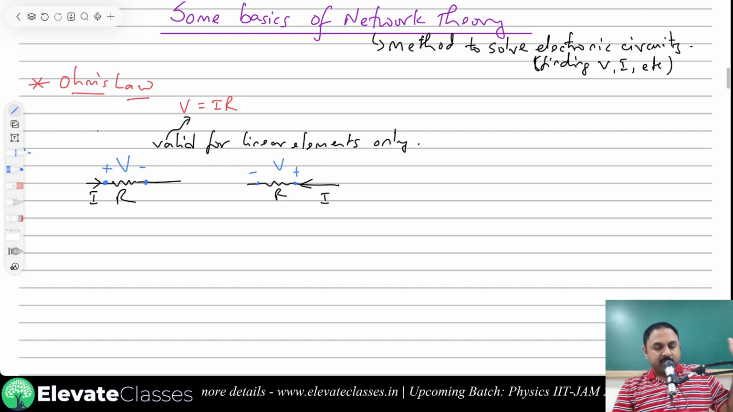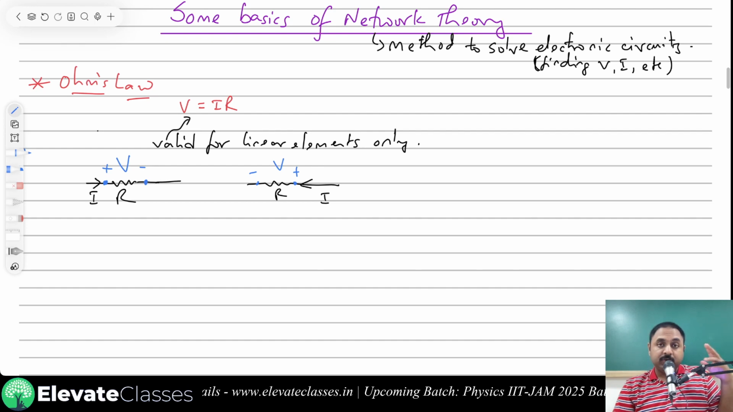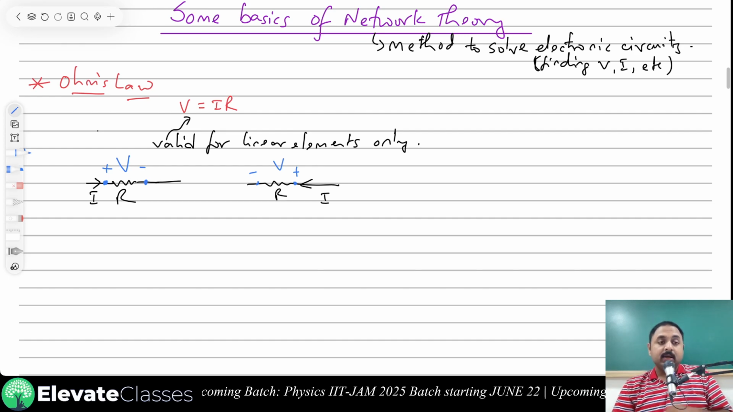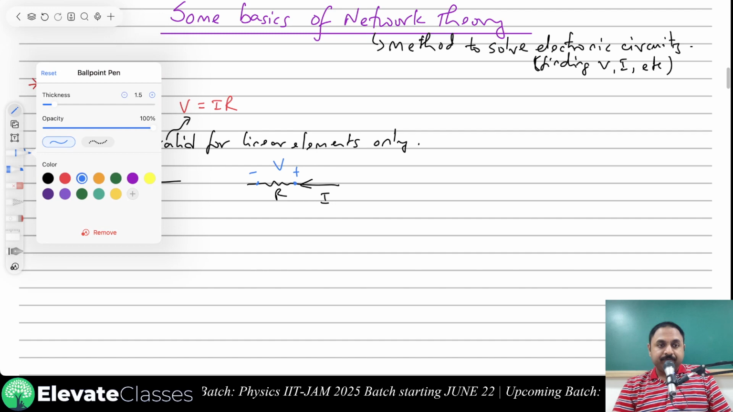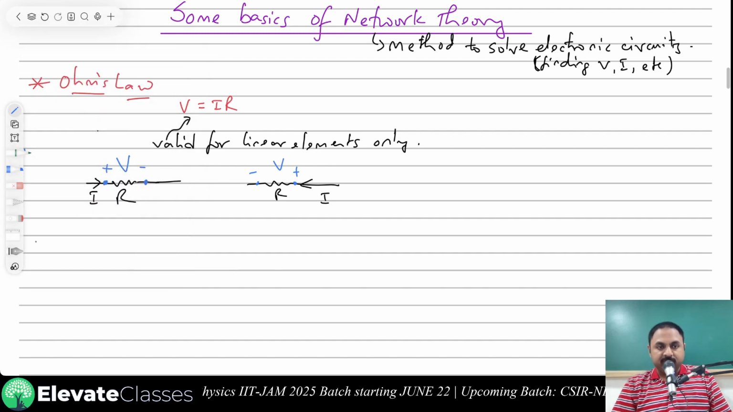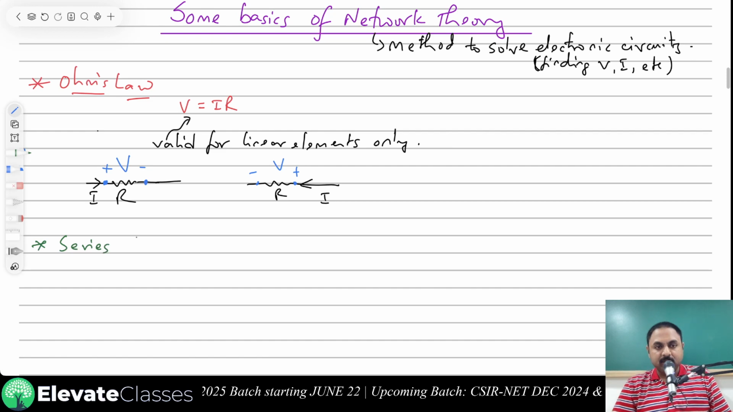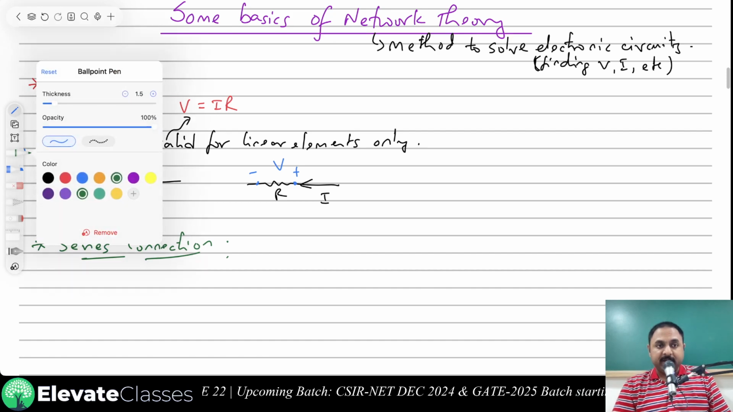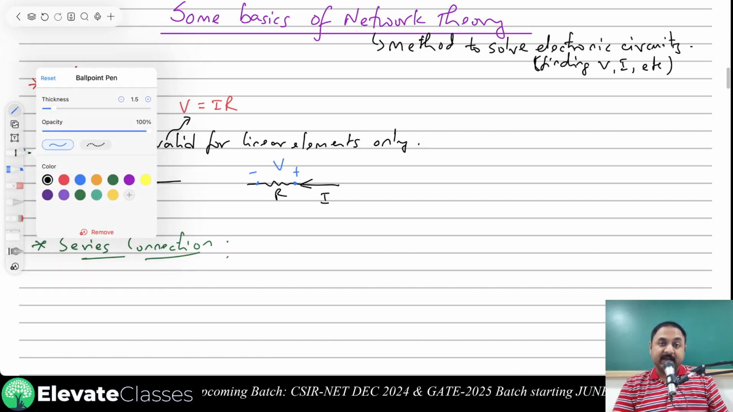That is true, what you studied is right, but now you need to know, immediately you should be able to identify whether two or more elements are in series or they are in parallel. Okay, so when do we say two or more elements are connected in a series connection? Whenever there are two or more elements,